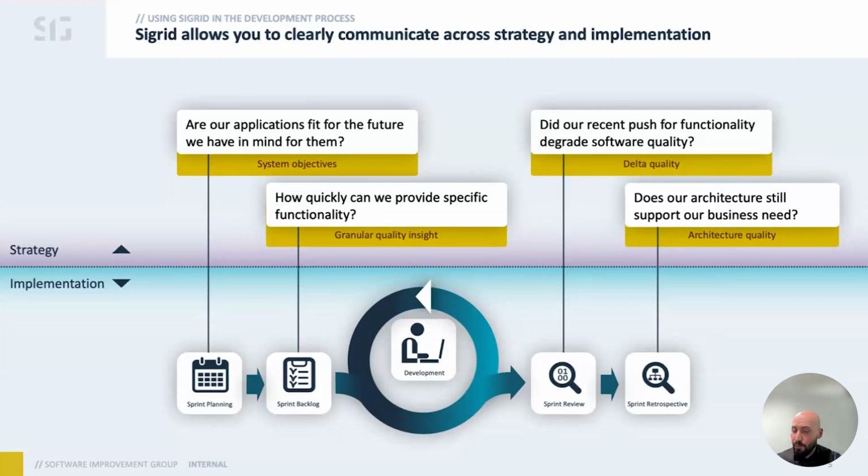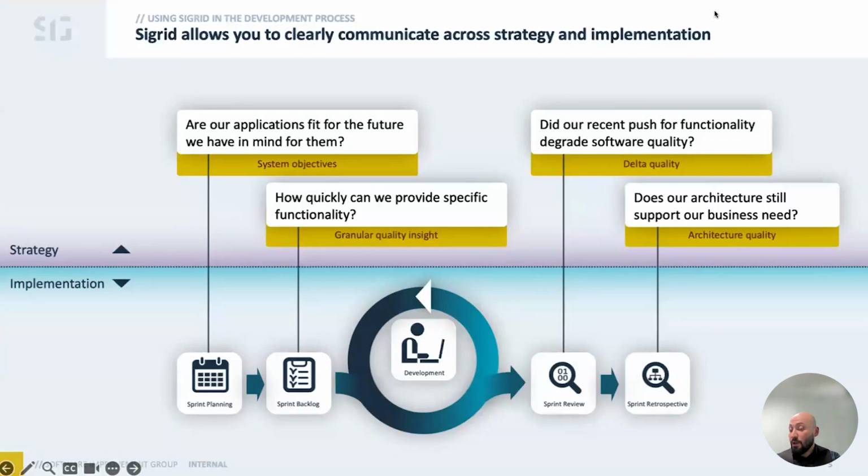And then we start the development phase. And during that development phase, you are always depending on your peer developer or other colleague to do the review and the quality checks for you. So how could you also gain the help and support from Sigrid in that phase? One of the major questions that you would like to ask afterwards in the sprint review: how did we do in terms of quality? How did we do in terms of support? And the recently pushed functionalities, how did they impact the overall quality of our system?